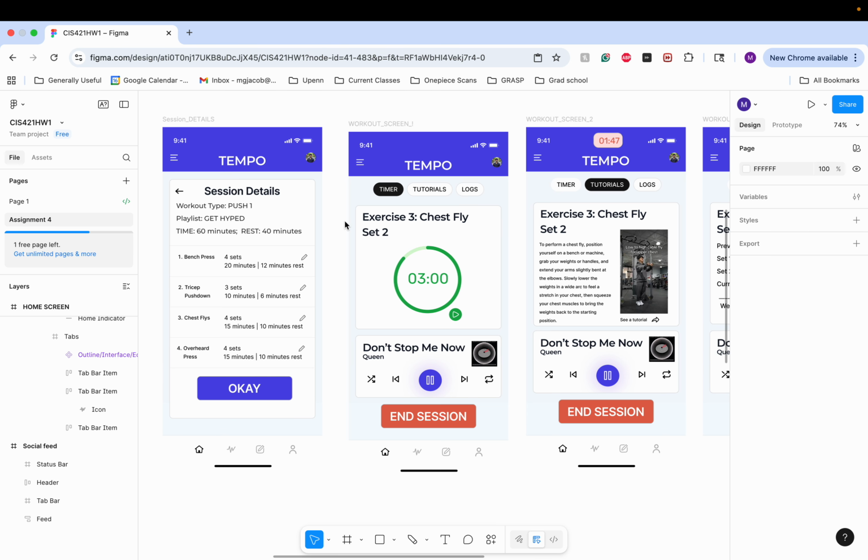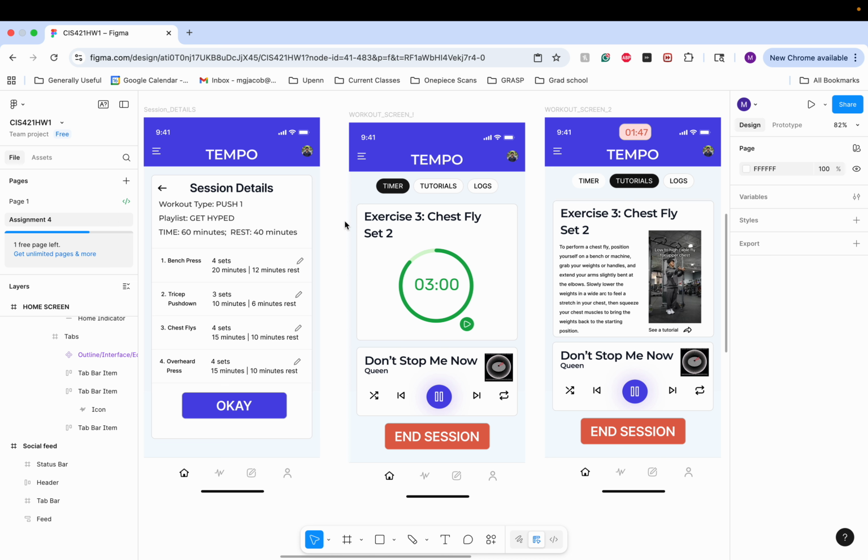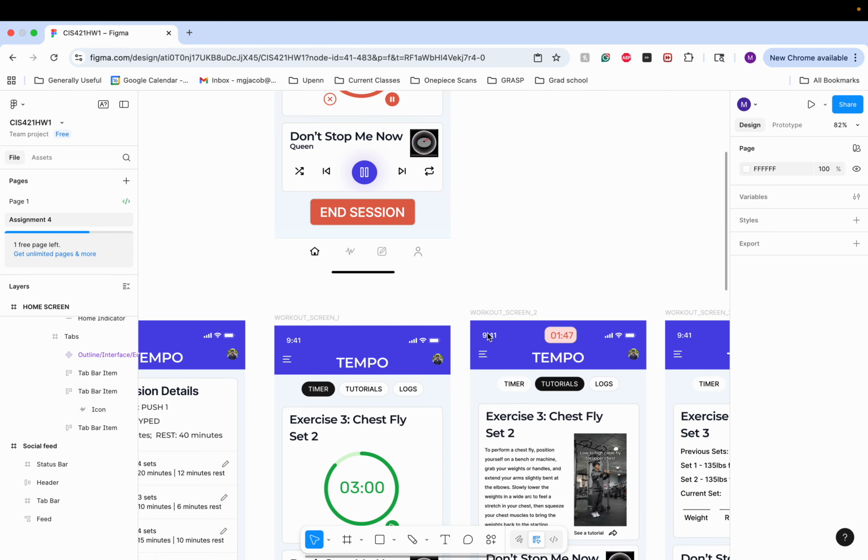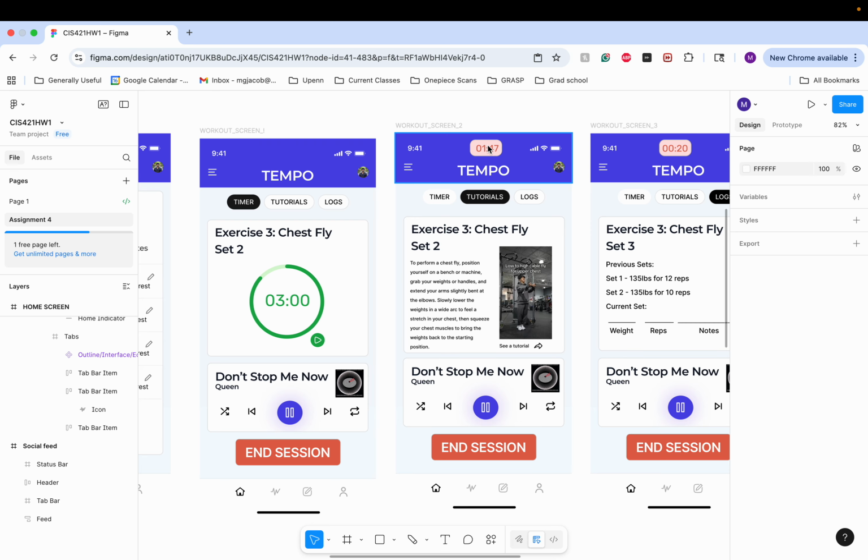So in this example, after a user completes a set, they can start their timer. Once the timer starts, it'll change to a red to indicate this. And while they're on the screen, they can also control the music linked to Spotify, and they can switch from tutorials or logs. In the tutorial section, a timer will stay at the top, letting them know how much time